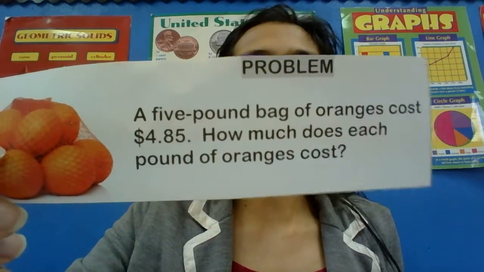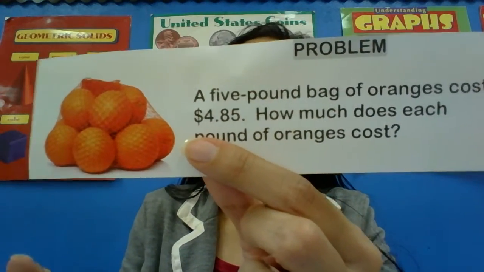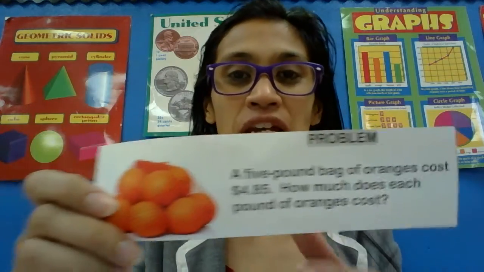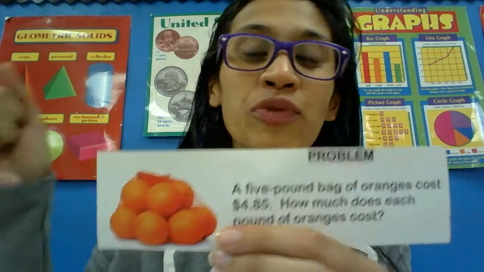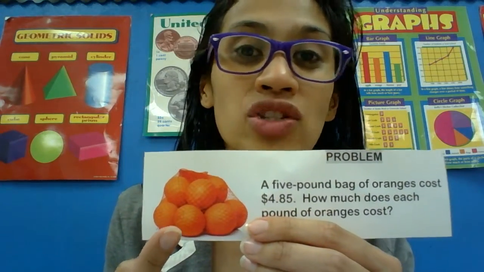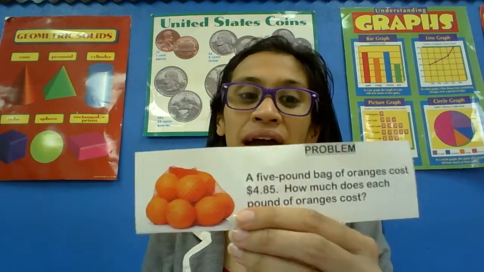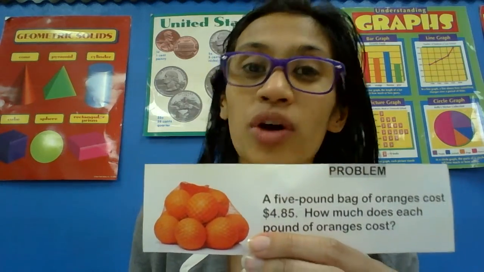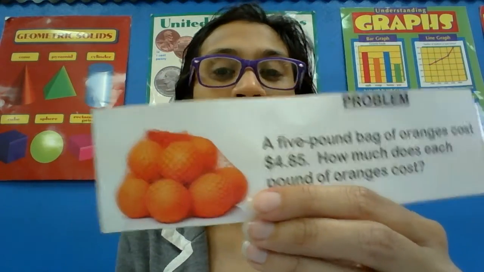A 5-pound bag of oranges costs $4.85. How much does each pound of oranges cost? All right. So imagine that bag has a bunch of oranges in there. And if we put it on the scale, it weighs 5 pounds. Now, when they put it in there like that, the store does not want you to rip it open, okay? They sell it to you in a bag like that, and it's 5 pounds. Sometimes you might see a 3-pound bag or a 5-pound bag or a 4-pound bag, and that costs $4.85 for